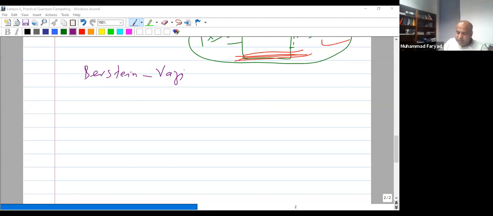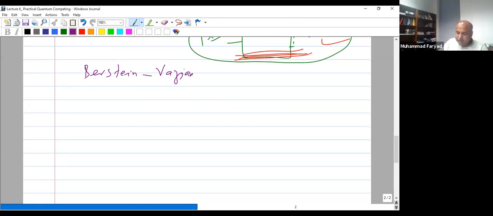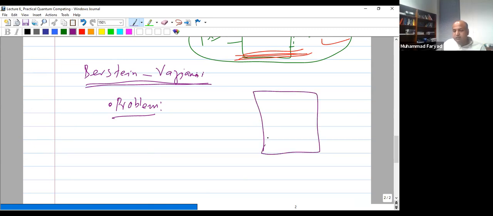Okay, so today we will discuss the Bernstein-Vazirani algorithm, which is essentially the Deutsch-Jozsa algorithm, but with a different phase oracle. So the problem is this: suppose you have access to a black box which implements a function f of x in such a way that